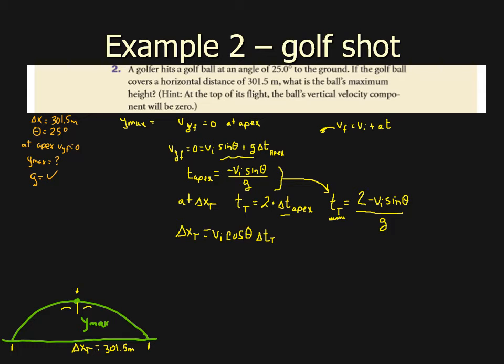So I'm going to basically just bring this and this down and make a substitution. So if I do that, I'm going to kind of squeegee it over here. So I'm going to combine these two, and let's write it over here. Okay, so I end up with delta x t equals